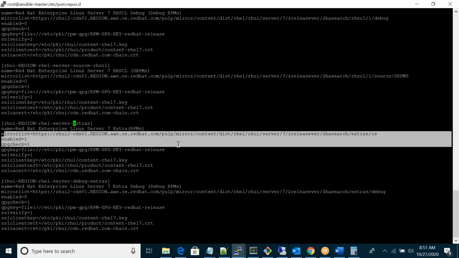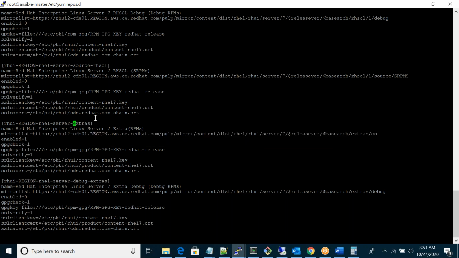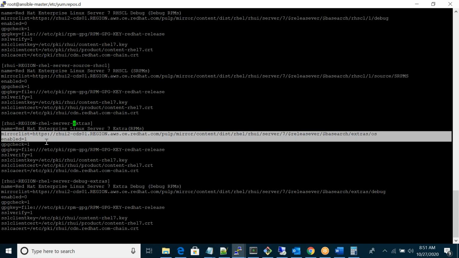If you see the documentation, you can see it. If you see the official documentation link, you can see all the stuff there. I understand, but I'm asking how do you know that this particular extras has a link to Ansible? Because I got it from the official Ansible documentation. Okay, you got it from the official documentation.